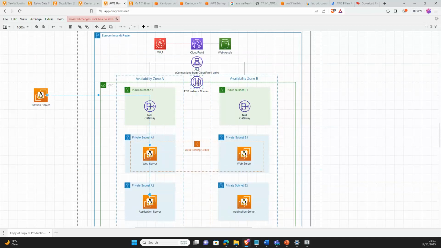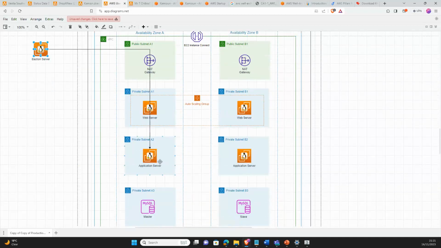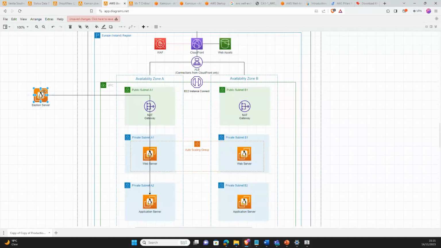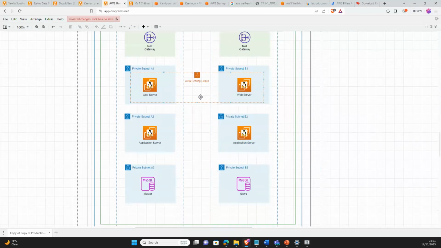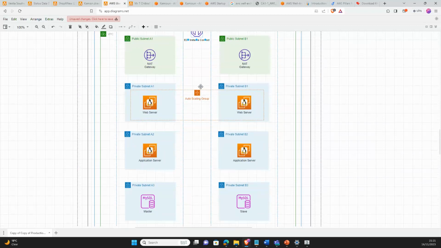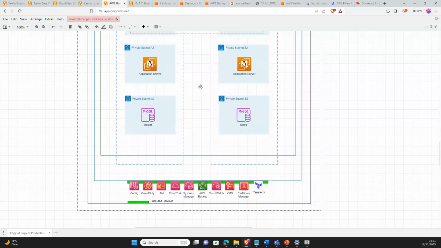So EC2 Instance Connect eliminates the need for having this server. You just connect directly to your application server, maybe if you want to have access to the database. So I believe that's also a secure way of having access to our backend and database. That is the last point of security that I'm seeing, and I believe we have exhausted all of that.